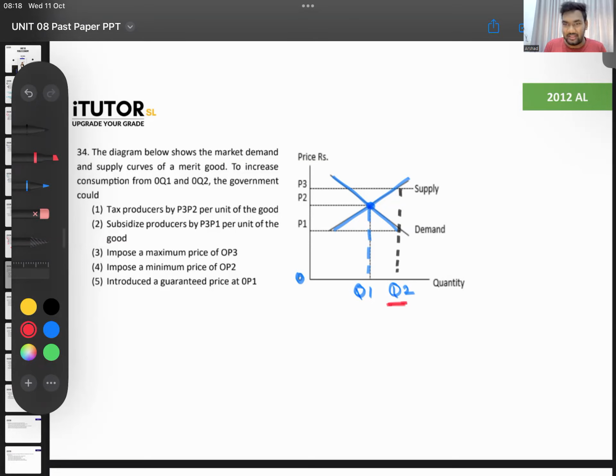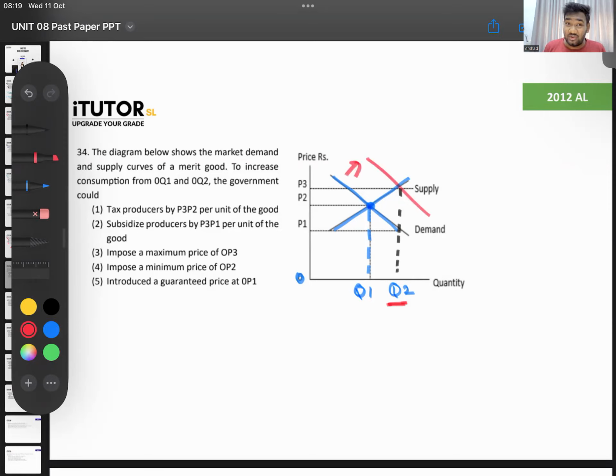In other words, shall I tell you this based on demand and supply? Two ways you can consume OQ2. One is you promote the demand. You give the consumers a subsidy. We don't learn consumer subsidy in our syllabus. But if you can give a consumer subsidy, demand will increase. If the demand curve shifts to the right, if you can show the consumers the benefit of consuming this good,